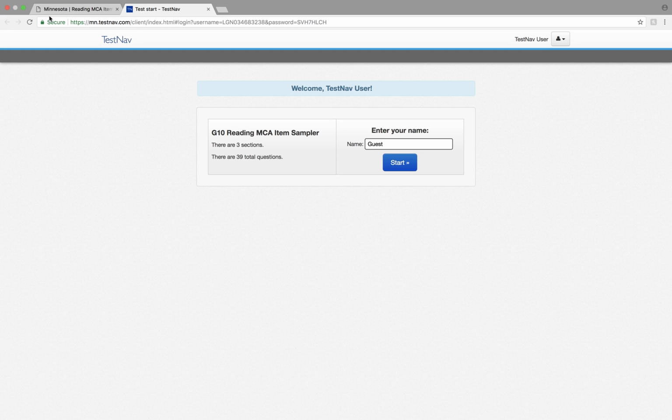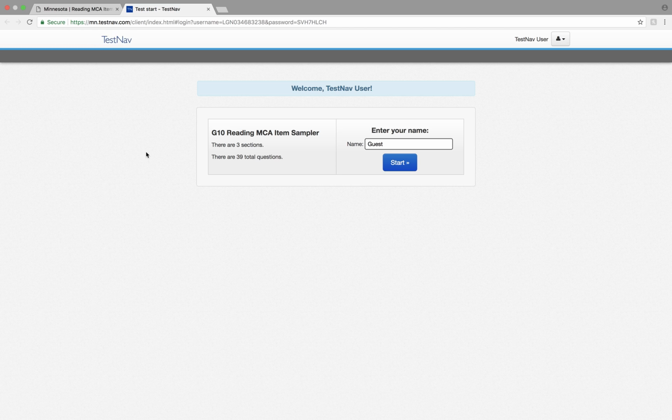in the MCA reading test. You'll either be scheduled to the Chromebook or you'll be in Lab 1 or the Business Lab. If you're in Lab 1 or the Business Lab, you'll be logging into a Test Nav icon that's on the desktop. If you're with a Chromebook, you just open the Chromebook, do not log in. On the lower left-hand corner where the apps are, click on Test Nav, it's called, just like this right here,